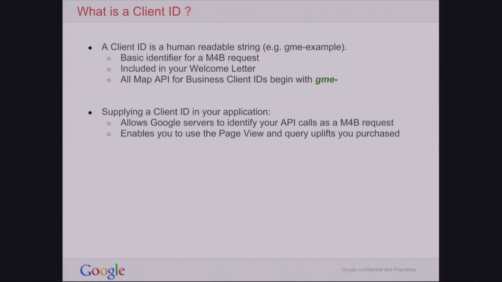So all the requests that you send, whether it's client-side or server-side requests, should include the client ID as one of the parameters. By including the client ID in your requests, we're able to distinguish between your requests and that of everybody else's. And so the page views that you've purchased with your account and all the query uplifts that apply to each of the web service APIs will be available to you only when you use the client ID